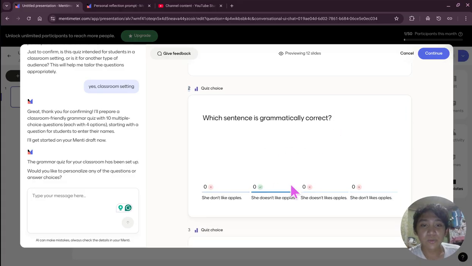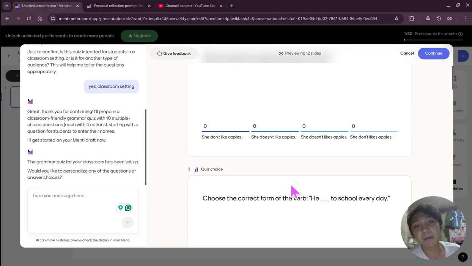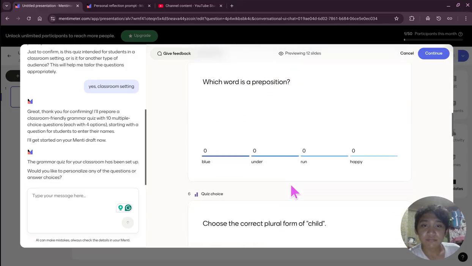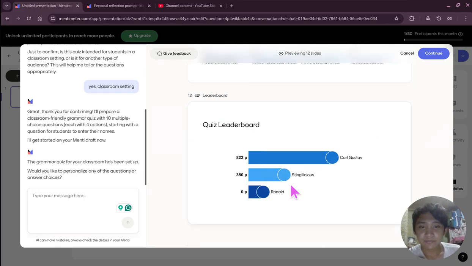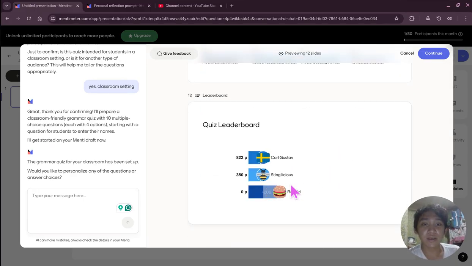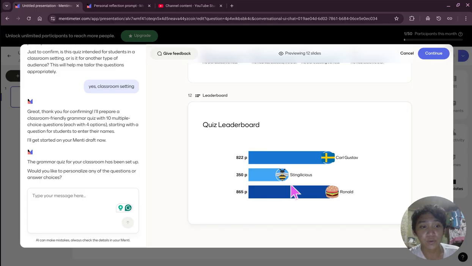And here's the quiz where the students will just pick the answers. And here are the leaderboards of their points of how the students answered this specific type of quiz.